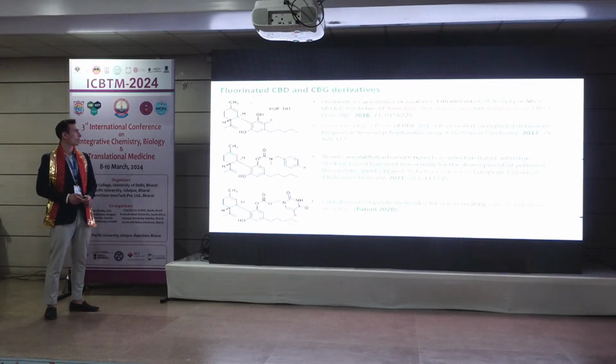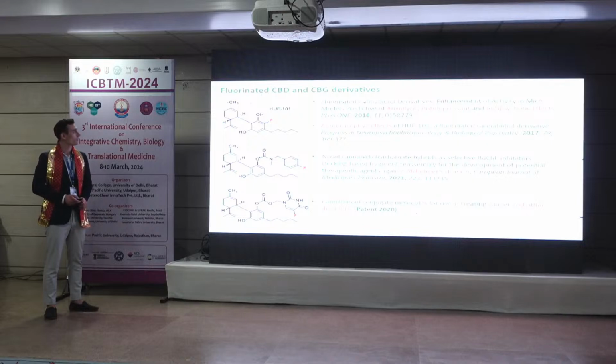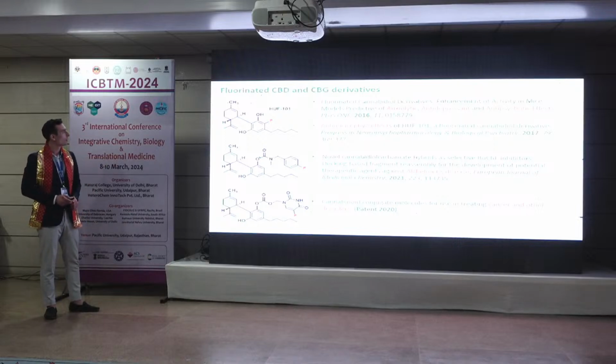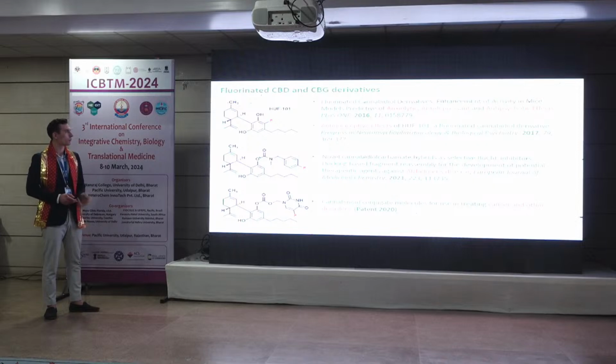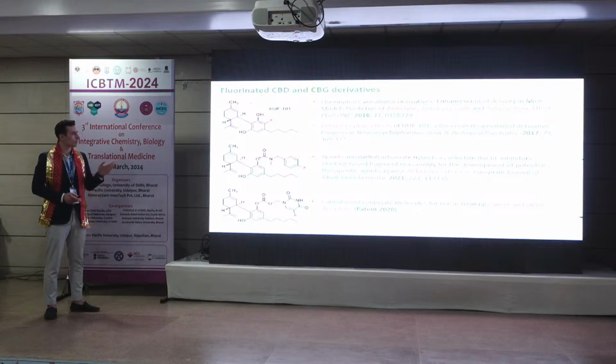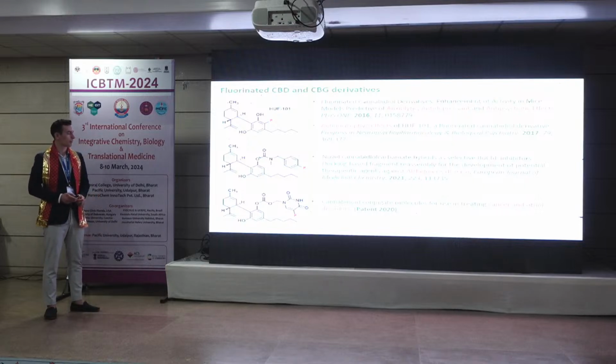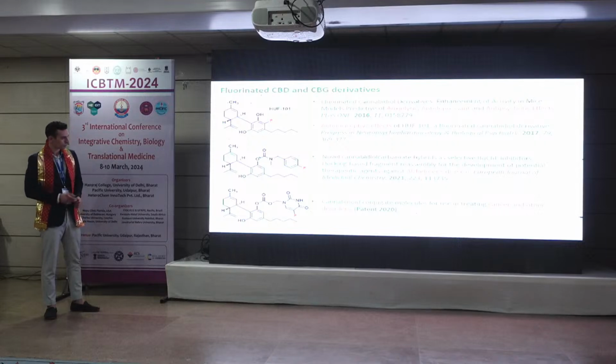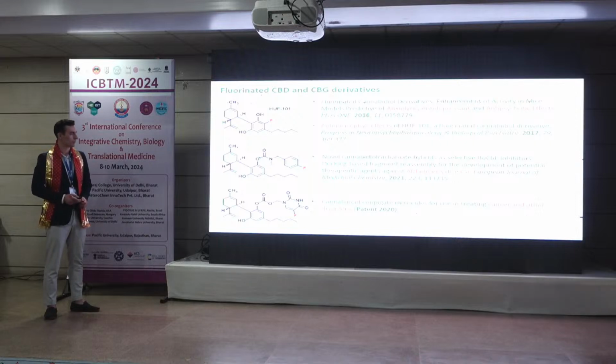There are many fluorinated CBD and CBG derivatives which contain fluorine atom, and they have proved biological activity. For example, this first molecule is good for anxiety, antidepressant, and antipsychotic effects, and later it was proved that it has antinociceptive effects also. The following one can be potential against Alzheimer's disease, and the following can be used as treatment in cancer and